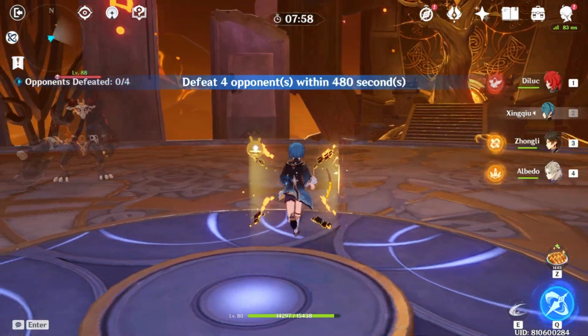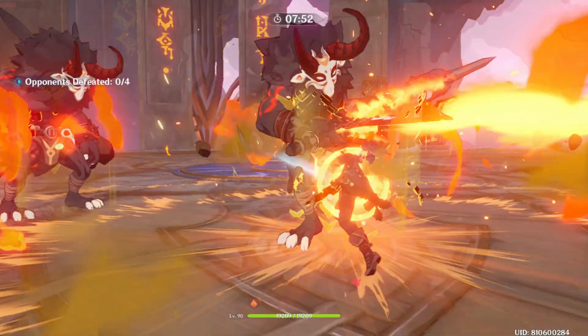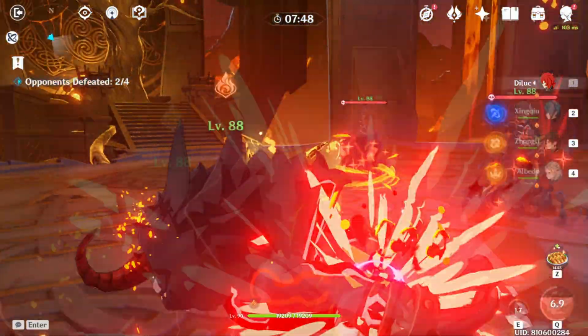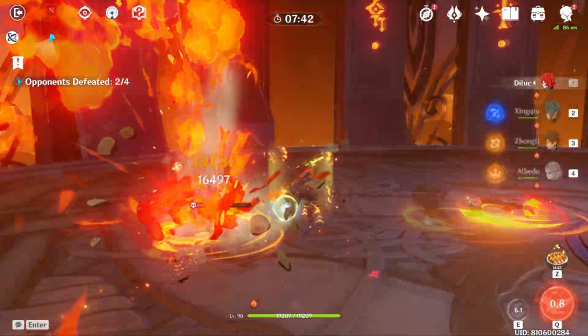Diluc begins the fight by using his elemental skill 3 times consecutively to gain the maximum set bonus of pyro damage from the 4 pieces of the Crimson Witch of Flames set. He then casts his burst to imbue his auto attacks with pyro. While his normal attacks are imbued with pyro, he can then alternate between his normal attack and his skill for